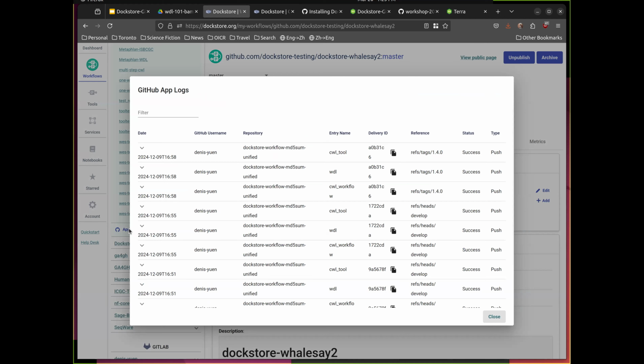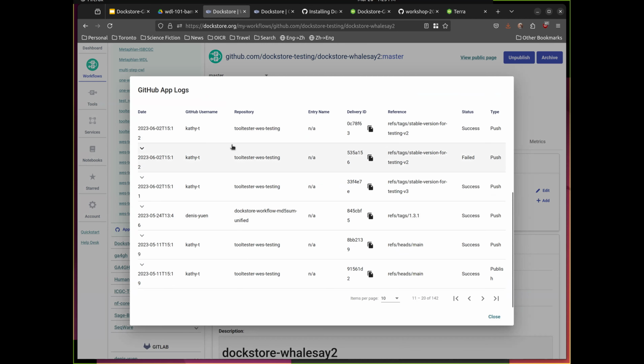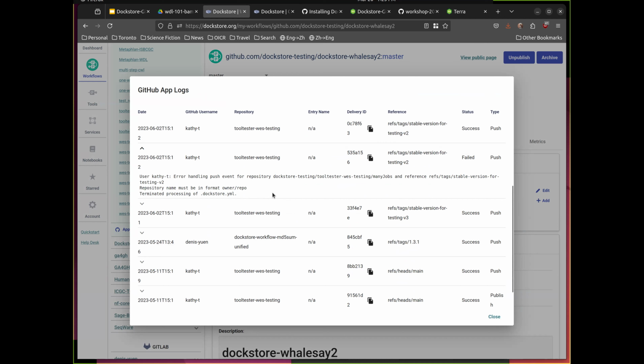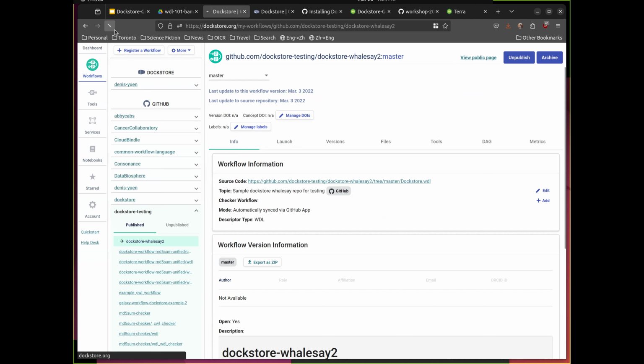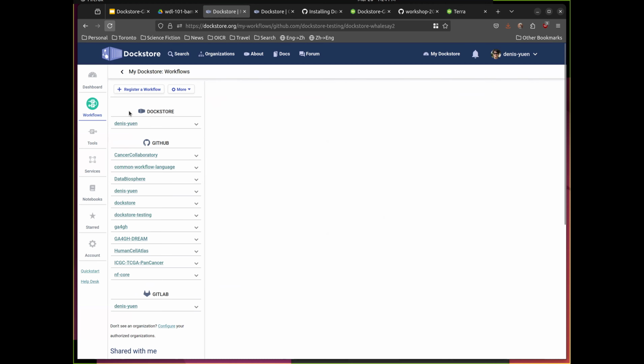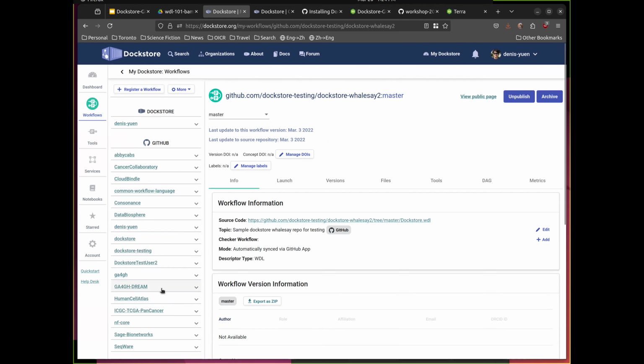When you click through to it, you can basically see what's going on with a particular workflow. You can see what time a particular workflow was updated and whether it was successful. If it wasn't successful, you can click through and maybe get some hints on what was wrong with it. For example, in this particular case, maybe the repository name was incorrect. And you might encounter different issues like syntax errors in your dockstore.yaml, or your dockstore.yaml not being named correctly, that sort of thing. So I'm going to refresh and then go back to,